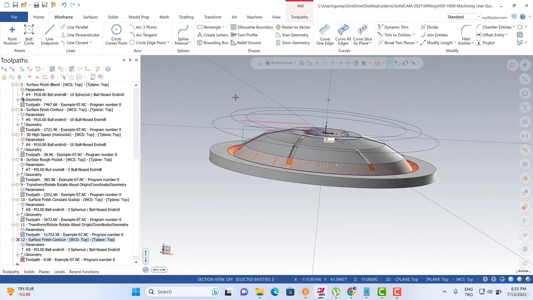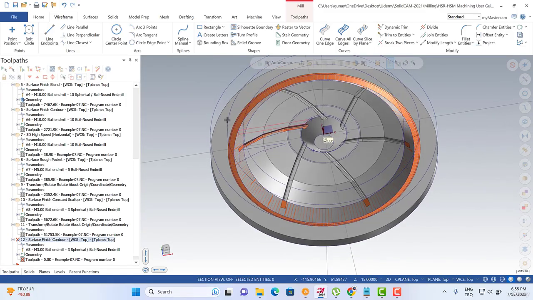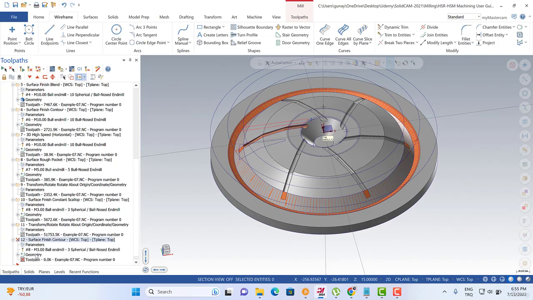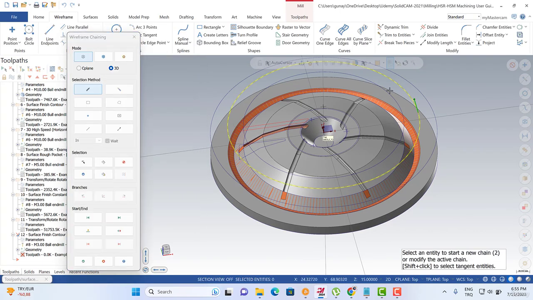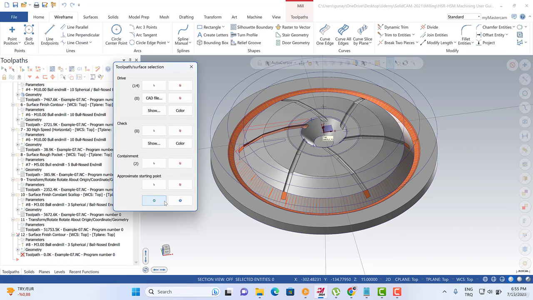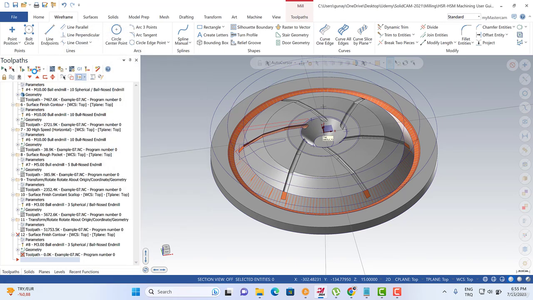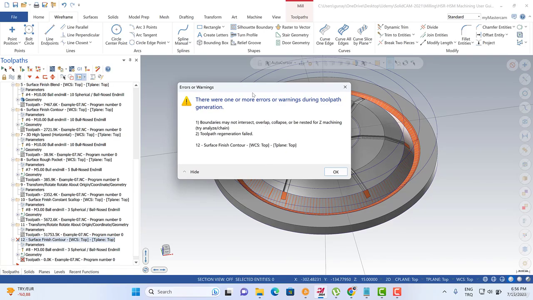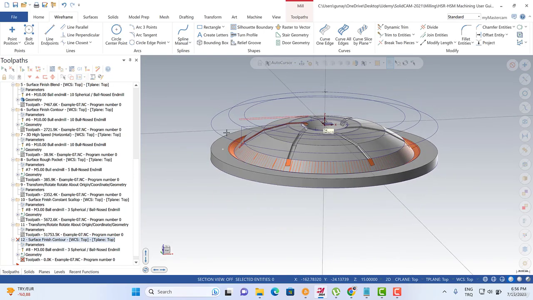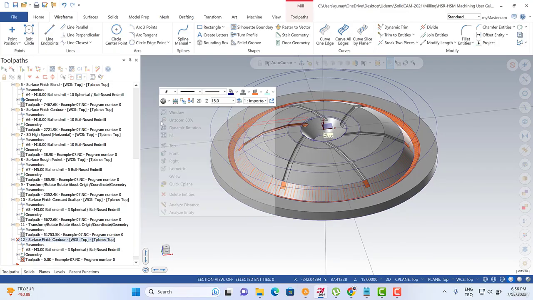Okay, we have 2 curves, but when we turn to the contour toolpath, and when we select the 2 boundaries like this one and this one, and then when we calculate our toolpath, let me calculate my toolpath here. You can see that we have some problem here. To be able to solve that problem,